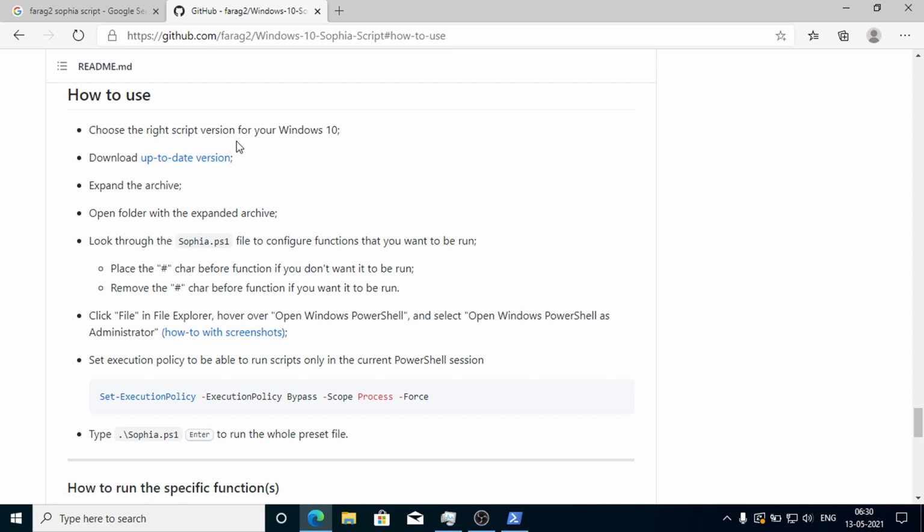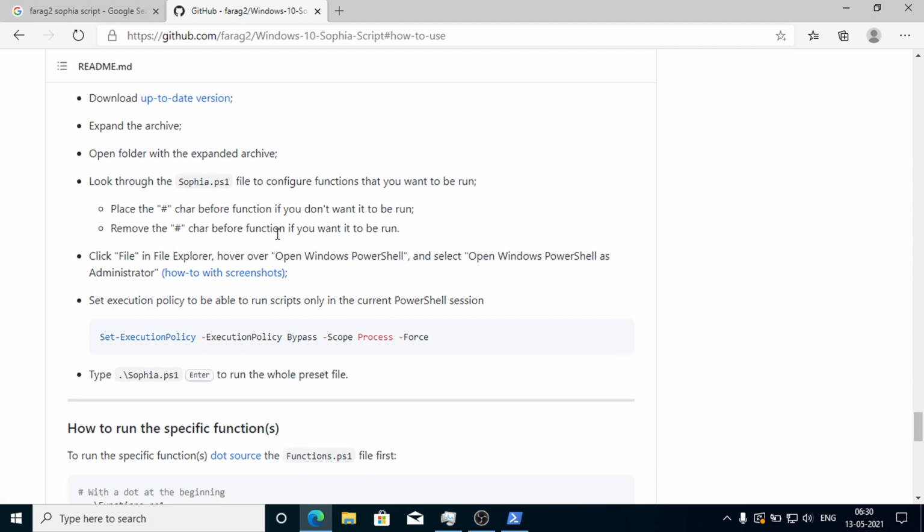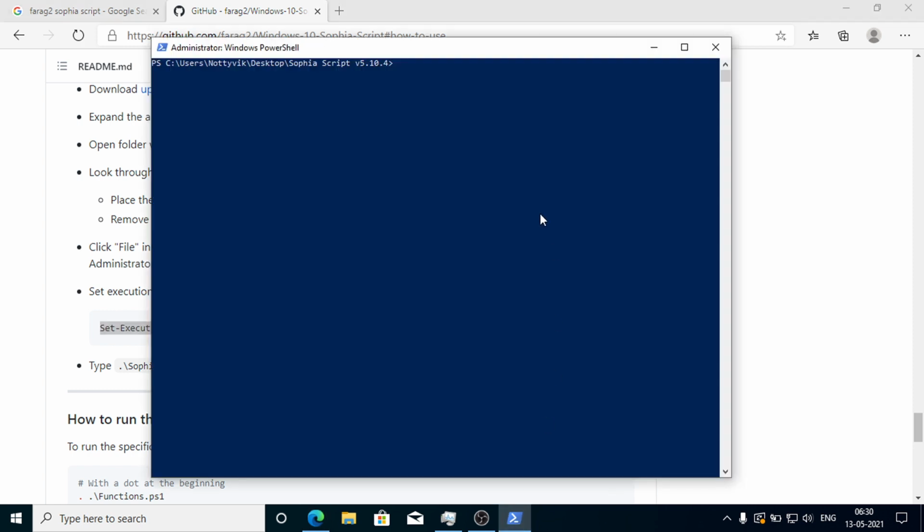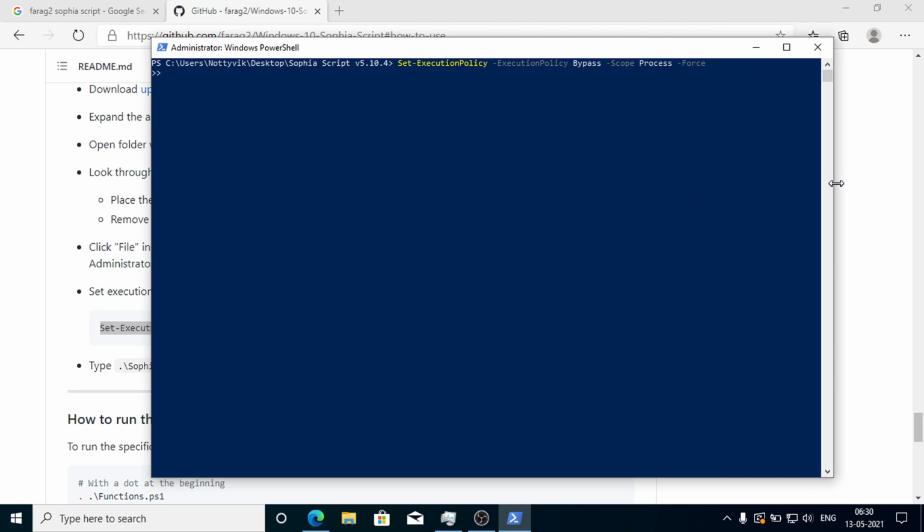First choose the Sophia script for your version, then download this version, expand the archive, open the folder. Now I have to copy this first command. I have copied this, so now I can paste it here. Let me show you. I just pasted it here, hit enter.